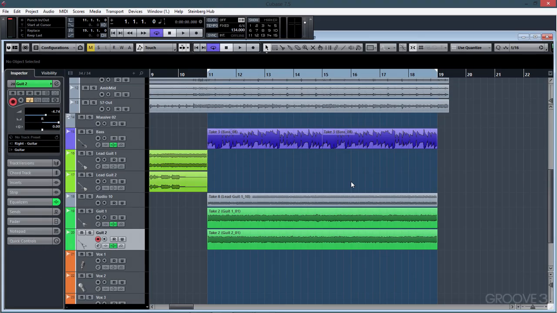In this section, we'll be showing you how you can access the plugins via the channel settings window, and also how you can use some of them through the new channel strip that was introduced in Cubase 7. In here we have a session with a basic rock track that we'll be using later with some of our